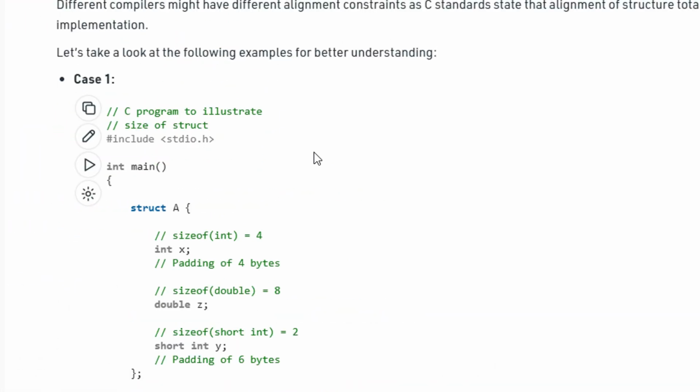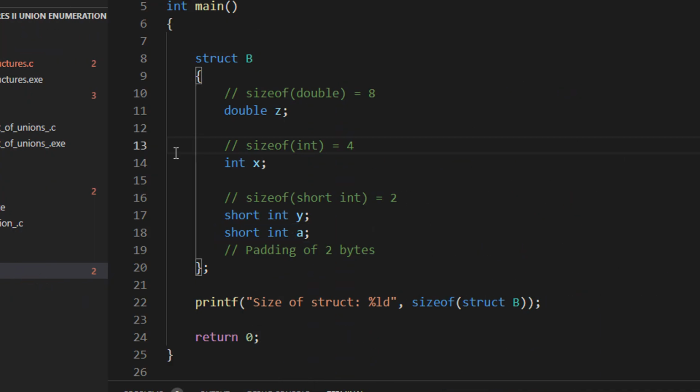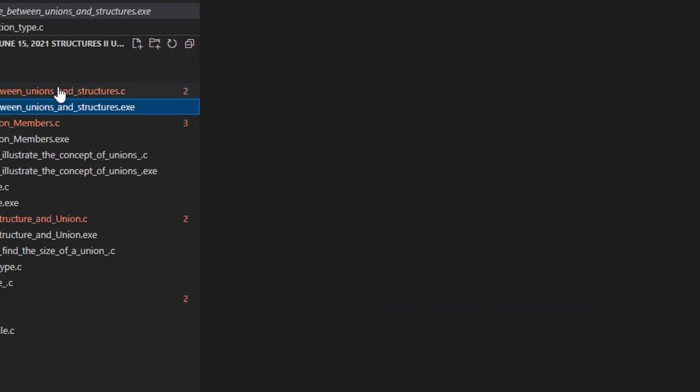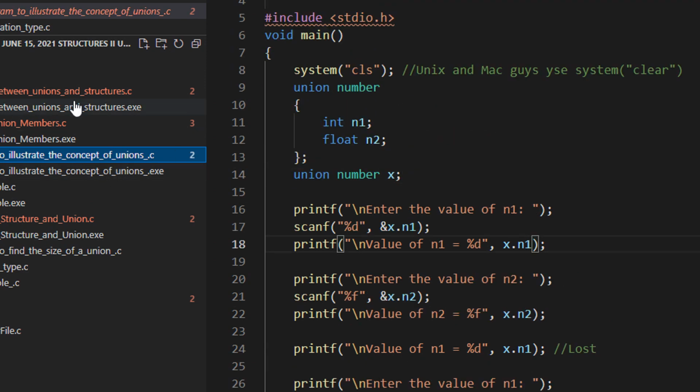So the takeaway for this particular talk is, whenever you are using a structure, you store the highest-sized element first. In the previous example, if both the elements are of the same size, then of course there is no issue. But you remember in the previous case we were using a character of 32 and then an integer. So preferably declare the character first and then the integer, right?